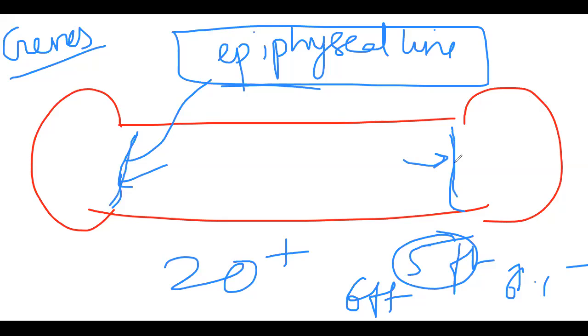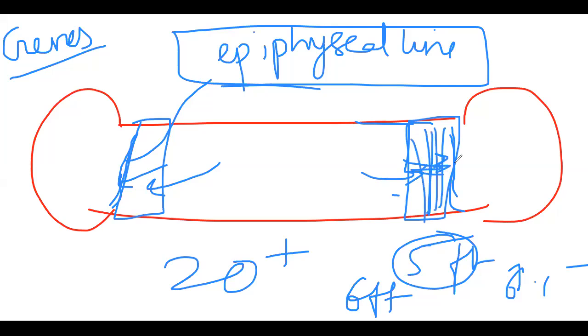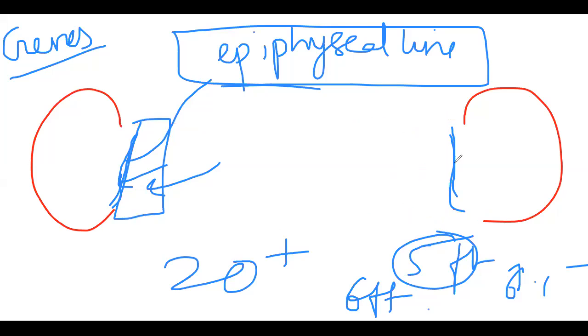You are in growing age. So what you can see, you will find a plate, the epiphyseal plate. We call it the metaphysis. So a plate-like structure can be seen that allows you to grow. After the completion, when the bone is growing, the plate will be pressed nearer. That means the size of the plate will be reduced. So slowly the plate will disappear. Then finally the length of the bone is going to be fixed.